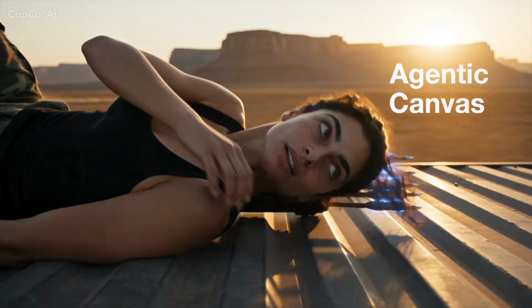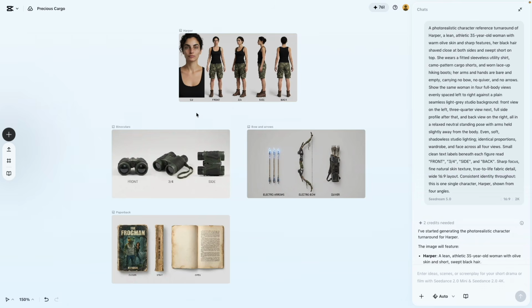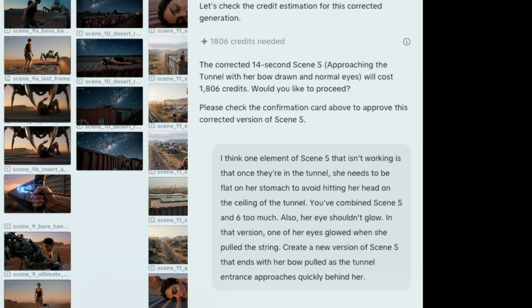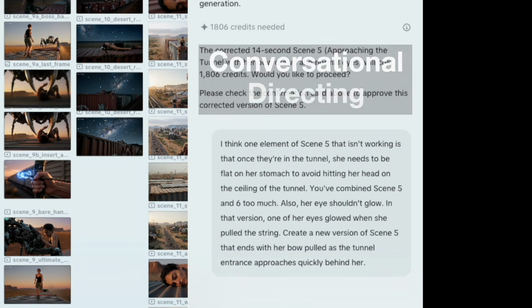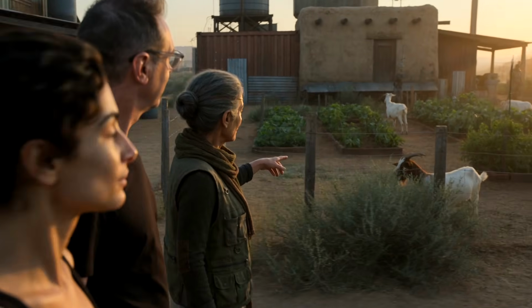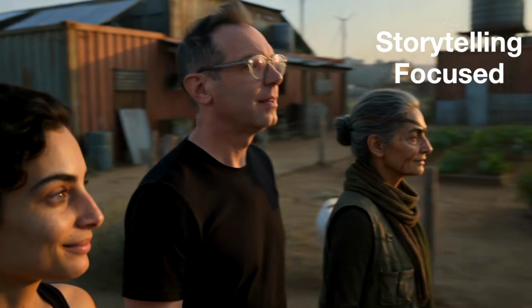Now, if you don't know what that means, I'm going to show you, but the quick version is I put all of my creative assets on a canvas, which is sort of like a mood board, and then I chat with the CapCut agent using regular conversational language about the videos I want to generate and the changes I want to make. Now, the thing I love about this approach is that it allows me to focus on storytelling and